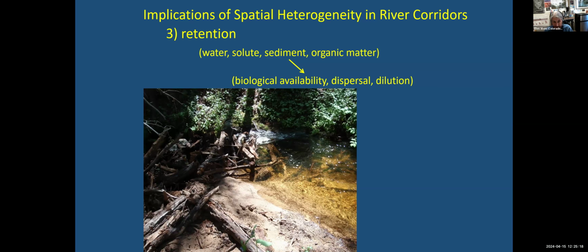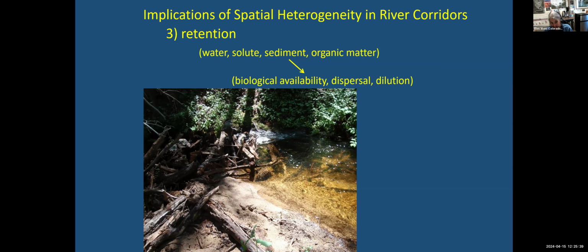Apart from this photo, it's an extremely steep step pool channel with boulders that are 0.5 meter to 1 meter in diameter. This little log jam, which probably didn't last very long after I was gone, the next snowmelt peak flow after I took this photo, you can see it's creating a little backwater. There's finer sediment there. There's organic material.